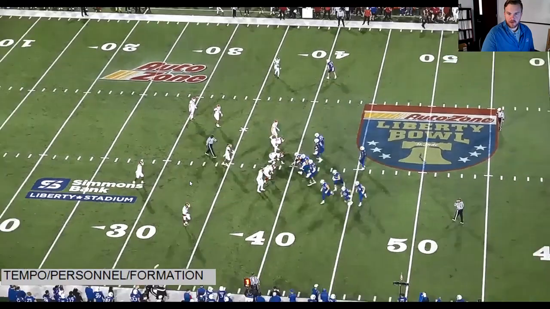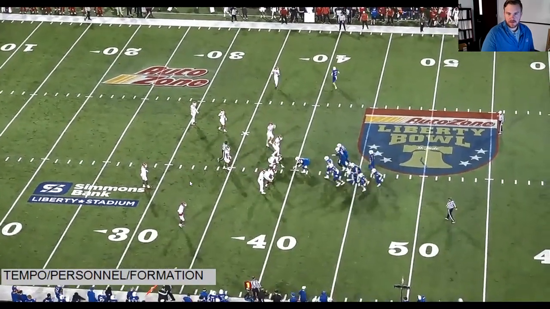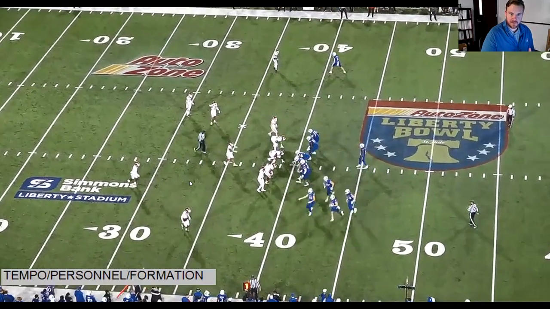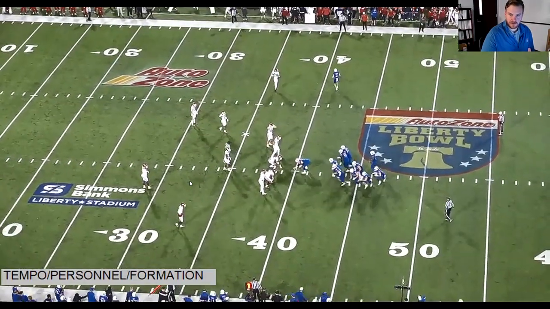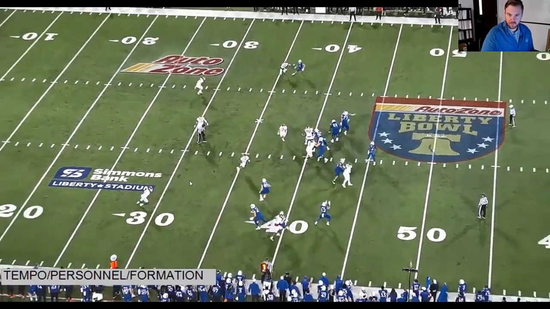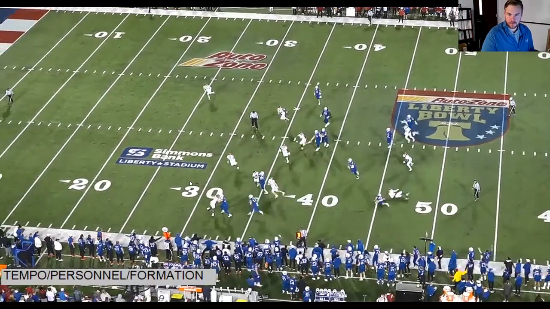Okay, and now we're in 13 personnel. Okay, that heavy of a set, you're probably expecting man coverage. And that's what they're thinking to do at first. But then you see a funky formation with a simple draw RPO. Okay,